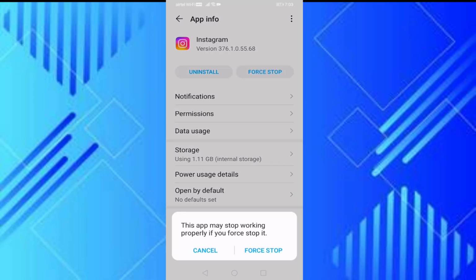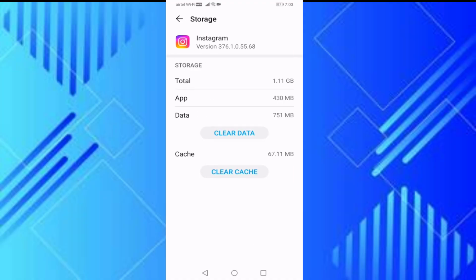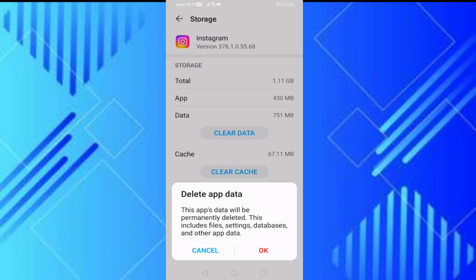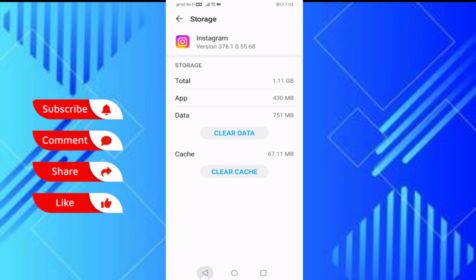Press on force stop, press on storage, then press on delete data. This app data will be permanently deleted. This includes files, settings, databases and other app data. Then press on OK. After that, go back,